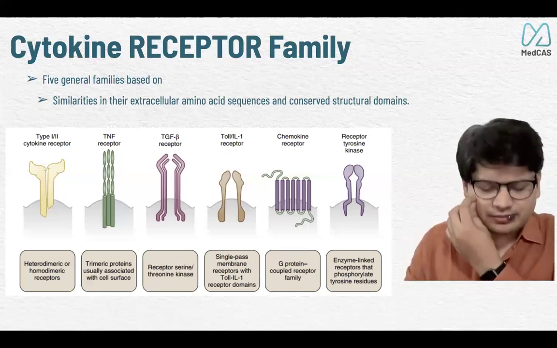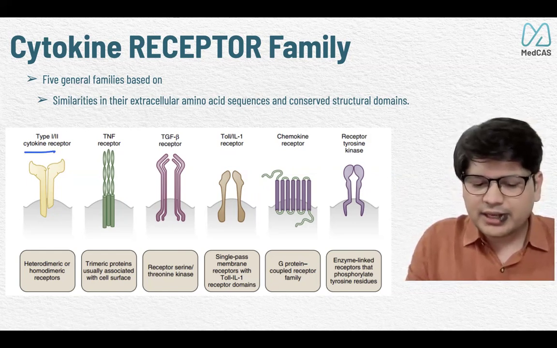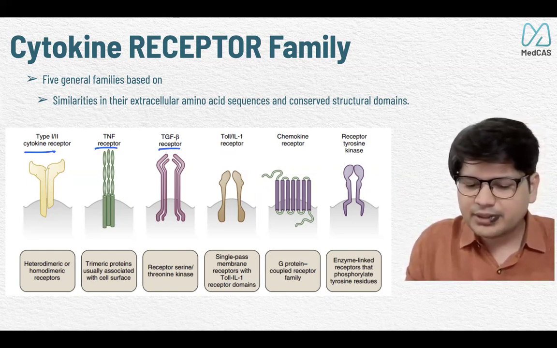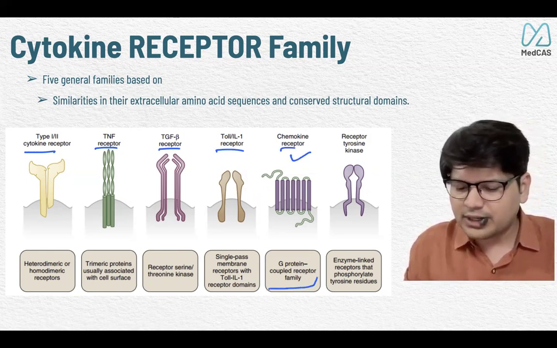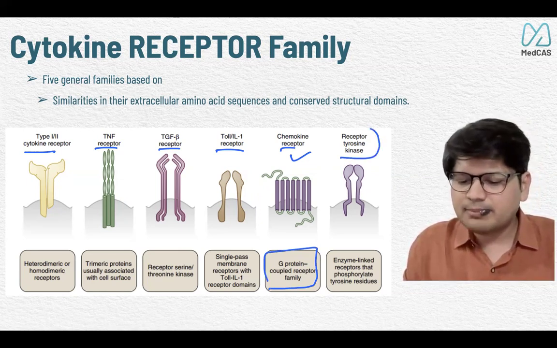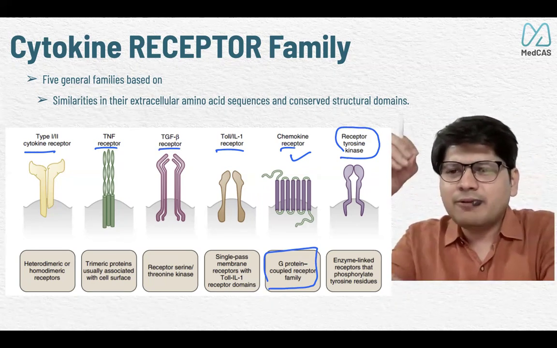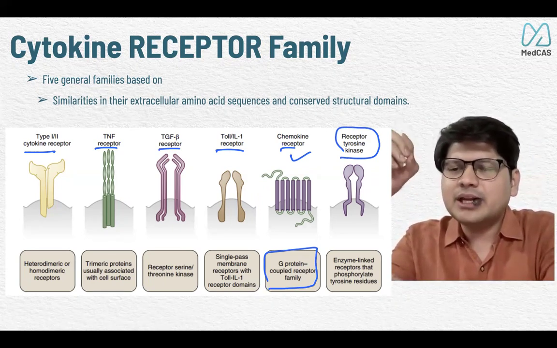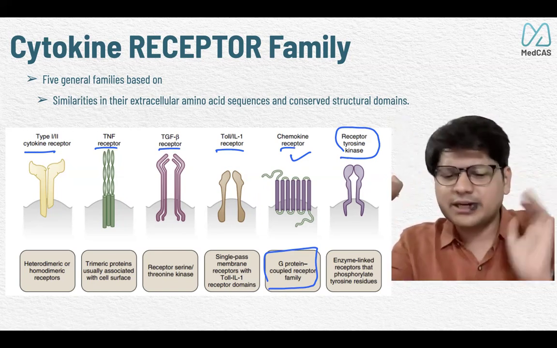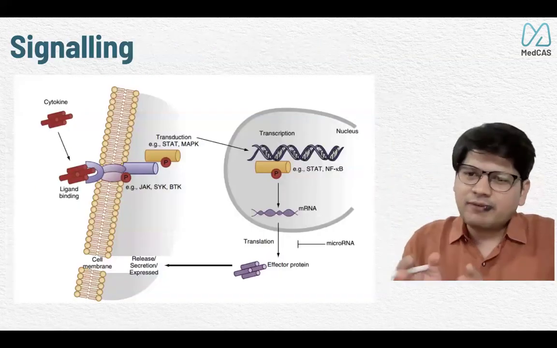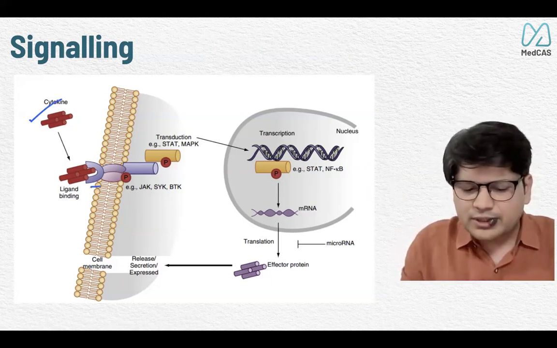Now these are the cytokine receptor families. The first are type 1 and type 2 cytokine receptors. Then there are TNF receptors, TGF beta receptors, toll receptors, and chemokine receptors. Everyone has seen this structure, like the G protein coupled receptor family. And then there is the receptor tyrosine kinase. Okay. So now we know a little about cytokines. They have families, and their receptors have their families. It can go into the storm, and there are certain properties of cytokines we know. Now two more slides and we complete this part. Once again, a cytokine is activated, suppose this is a cytokine activated, it will bind to its receptor.